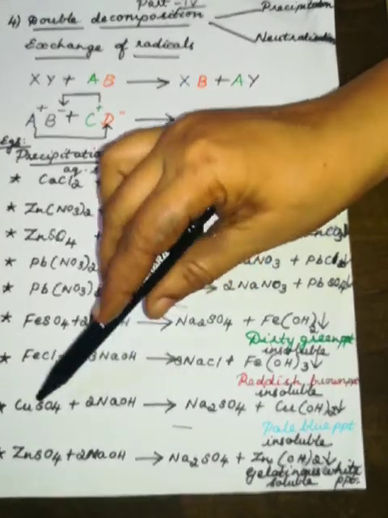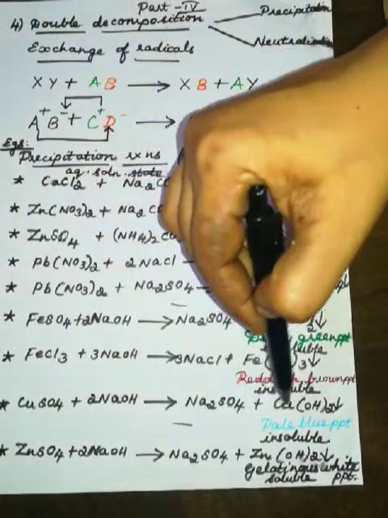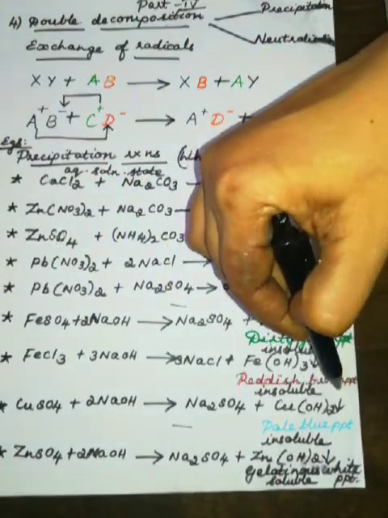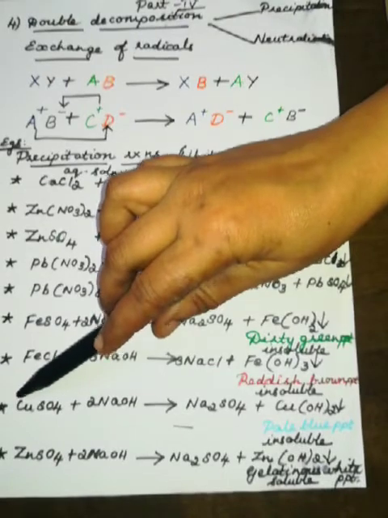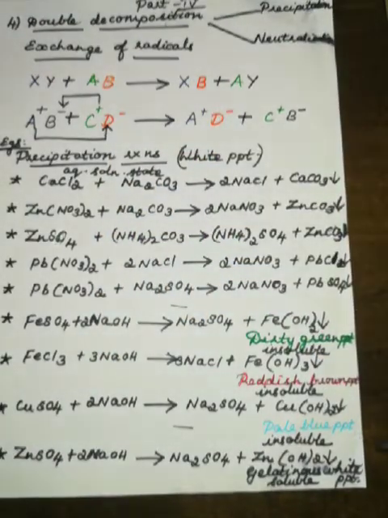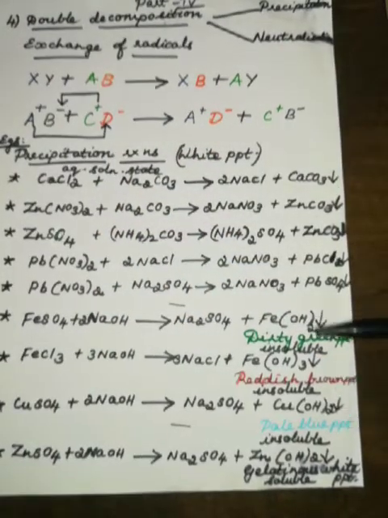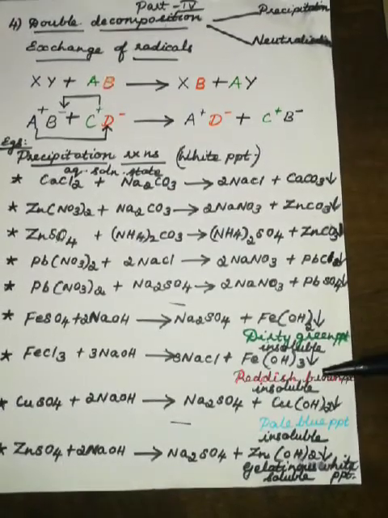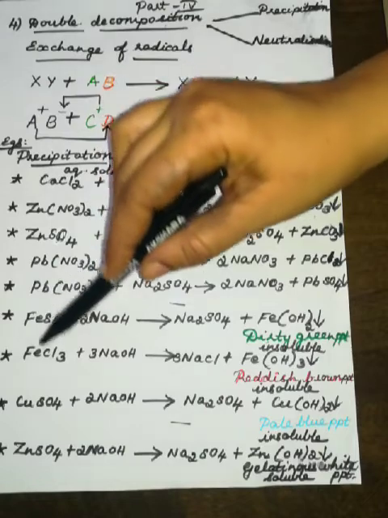You will get sodium sulfate and left out is copper hydroxide, Cu(OH)2. See, copper valency here is 2, so you will get it as 2 here. Pale blue precipitate. So by looking at the color of the precipitate which you are getting, you can identify which metallic ion is present here.